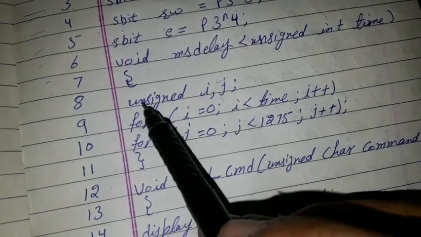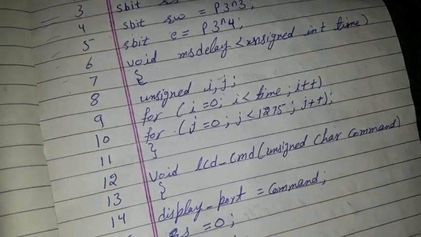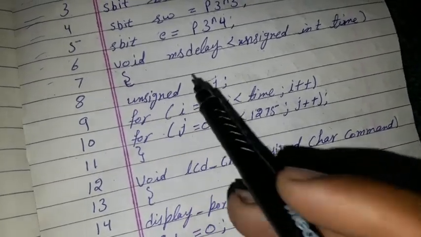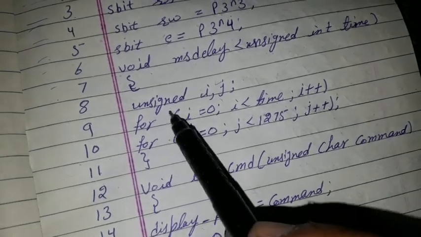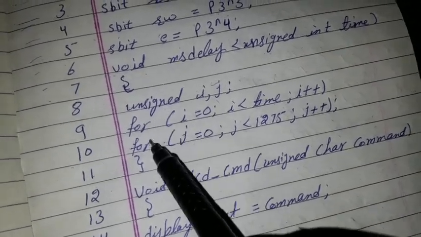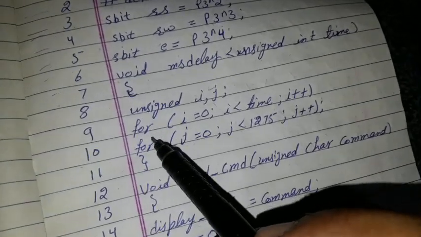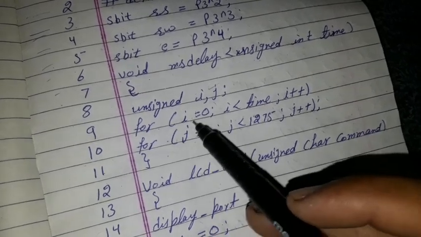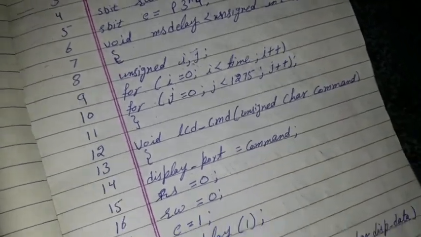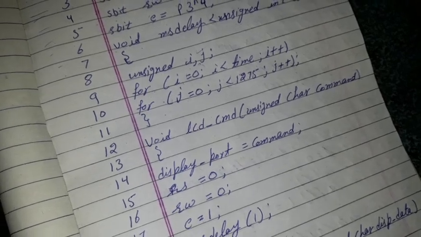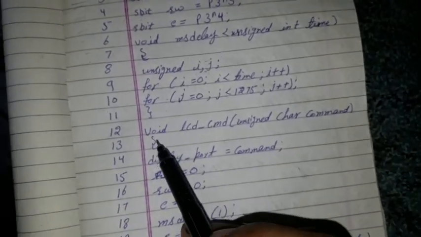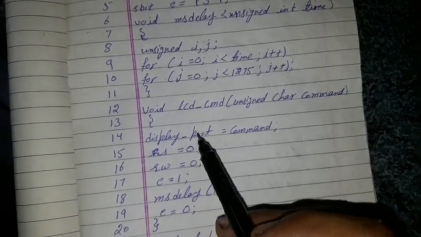I and J are used as unsigned, so they do not have any sign on them. As we have plus or minus for signed, now it's unsigned, so we use the unsigned configuration. So we use the for loop here for creating some delays. For I and J, we have 2 integers, so it provides the delay in the program. So we use simple C programming for it,